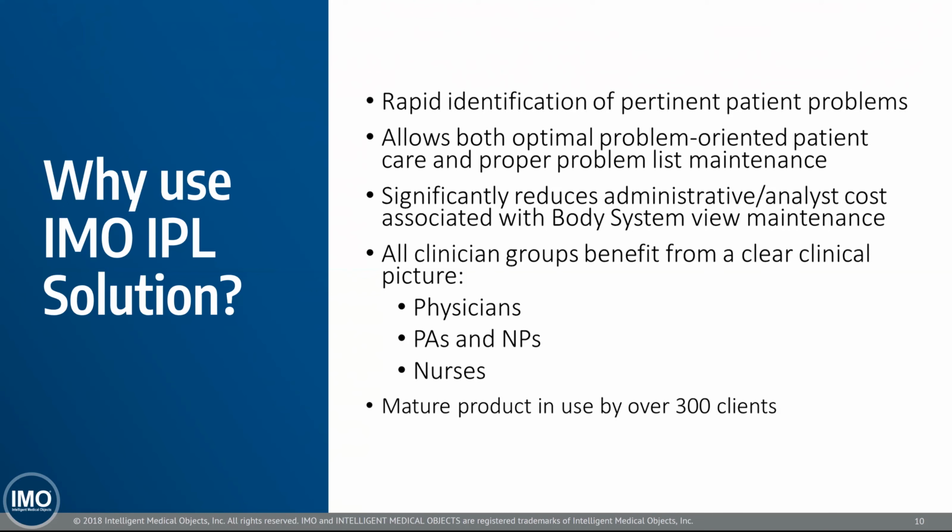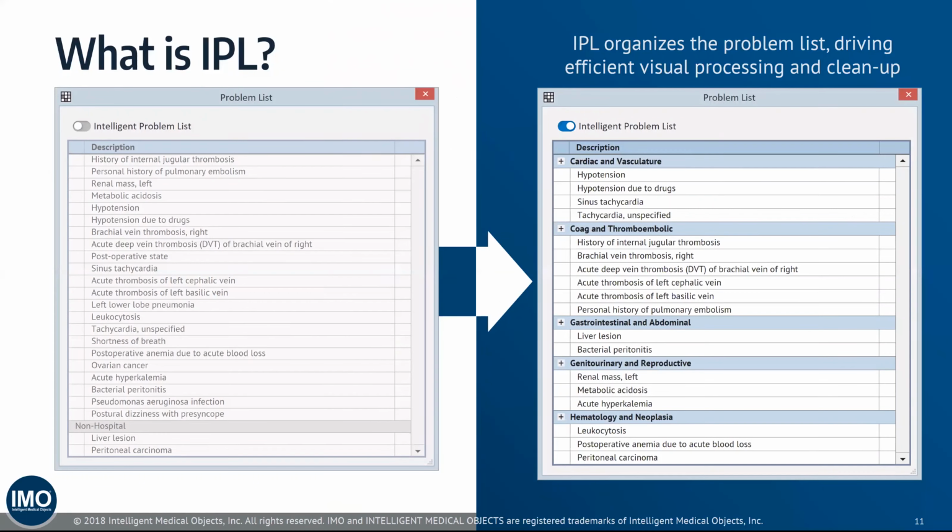So let's take that same problem list that we were looking at a few slides ago. We have it up on the left, and what happens when we run it through our engine is that all of those problems end up in very neat categories. And people may at first say, okay, we've seen categories, that's great. Why are your categories different? Well, first of all, we have more of them. And that's not just that more is better, but we created them specifically to deal with problems that other sorts were having, such as encounter types or illnesses that don't fall into any one body system, if you will.